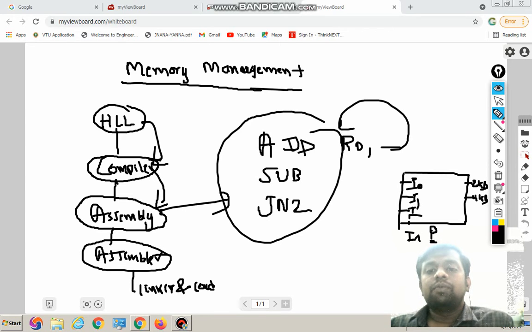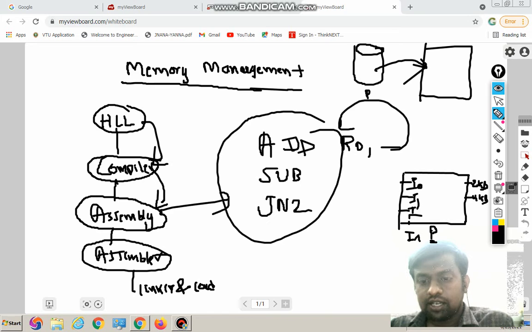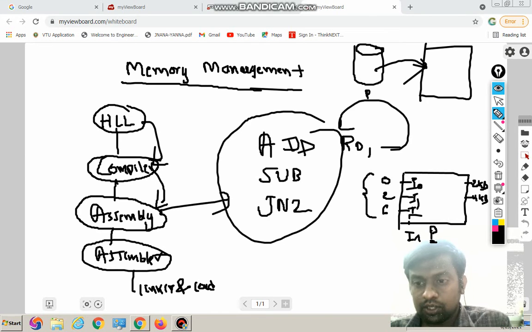So initially the process will be in the secondary memory, then we will load that process from secondary memory to main memory. Now when the process is there, there will be a number of instructions, and the instructions will be assigned some memory. Like I0 is allocated 2 KB and I1 is allocated 4 KB. Similarly, we will have addresses like 0, then 2, since 2 KB is there, then after 2, 4 is there, so the next address will be 6. So there will be a relative address for each instruction.